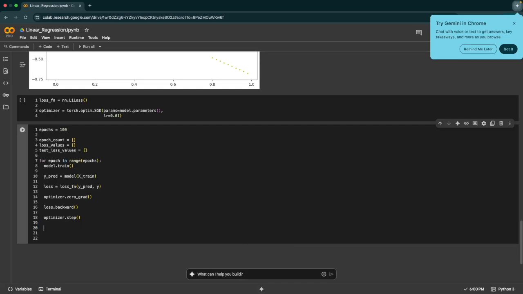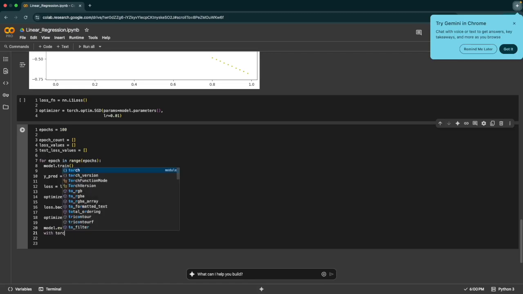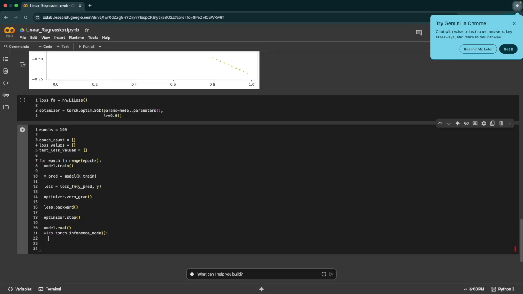Alright, now we're gonna make our testing loop. So we gotta send it to evaluation. Always gotta do that when we're predicting on unseen data. Inference mode. We're gonna make predictions now using the X test set, right? So our test predictions is gonna be